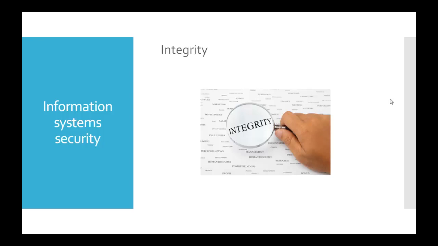A loss of integrity occurs when an employee accidentally or with malicious intent deletes important data files. A loss of integrity can occur if a computer virus is released onto the computer. A loss of integrity occurs when an online shopper is able to change the price of the product they are